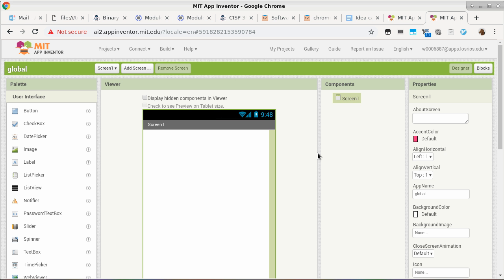Now, screen 1 is special. There's no way to reorder screen 1 so it becomes screen 2. Screen 1 is going to be the very first screen that gets displayed when your app starts. So from that perspective, screen 1 is very special. What you want to do with screen 1 most of the time, depending on how fancy you want to make your app, is to make it your splash screen. So it displays an image, a logo of your app, of your company, the publisher of the software. It reports what version it is, and so on.